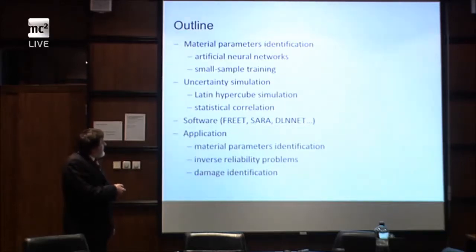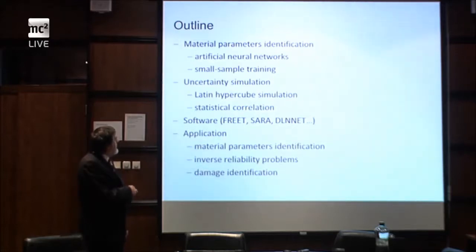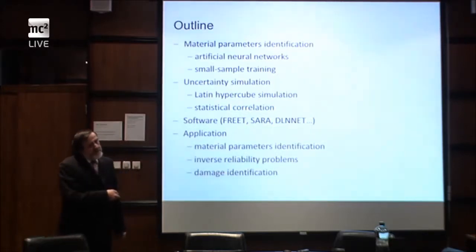It's necessary to mention a little bit about software which is under our development, especially software for reliability and statistical analysis. Software SARA, which we developed in cooperation with the software company Červenka Consulting, is an acronym of Structure Analysis and Reliability Assessment, and the software to handle artificial neural networks.